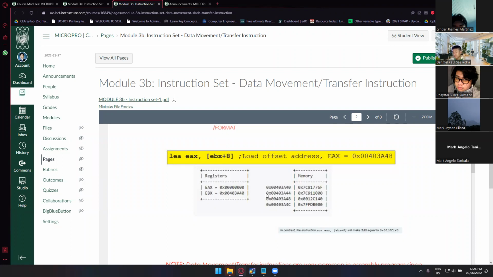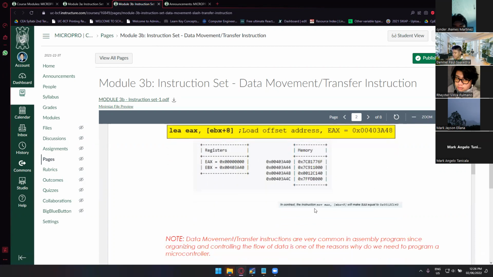I only said data earlier so that you could understand better, because we're going from data to data, right? From variable content to a variable content. But here, it's the address. Okay, in reality, I don't know if you guys can see the in reality, in contrast, if you guys are going to move the real content, the main content of that one, EBX plus 8 will make EAX equal to